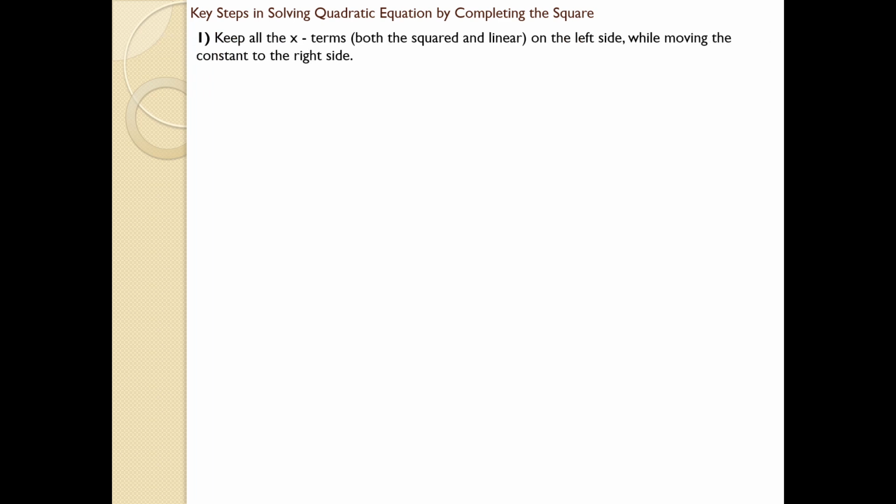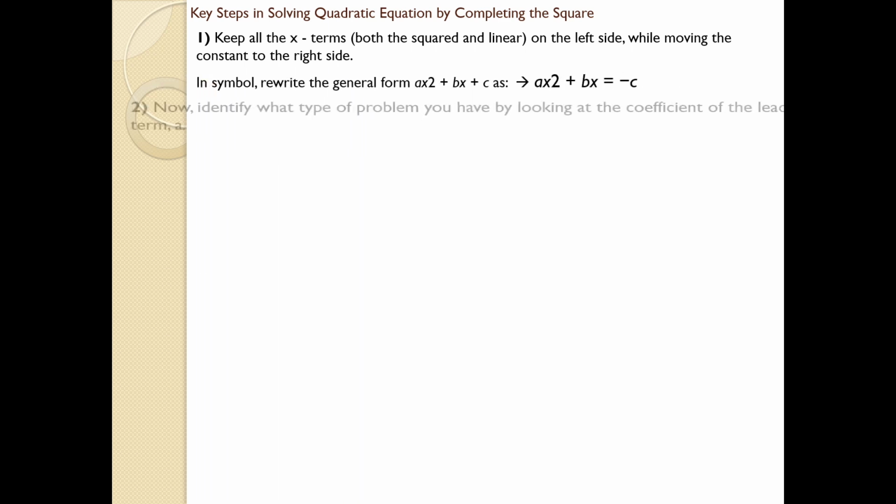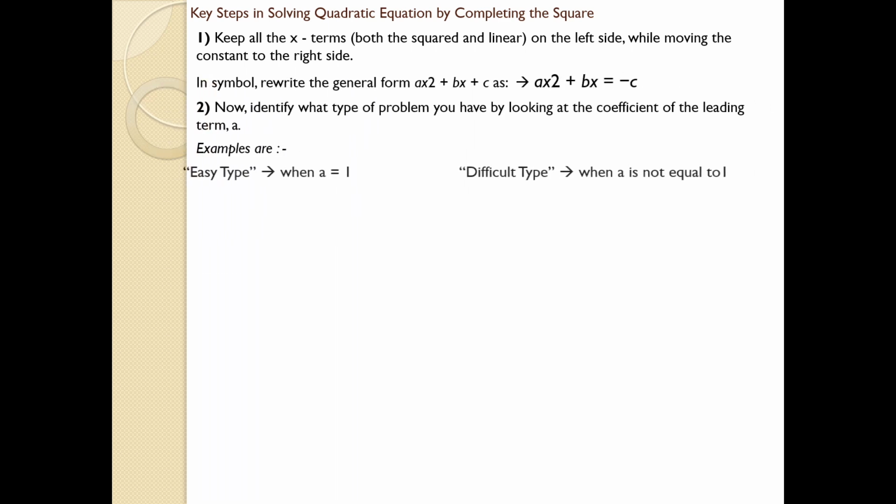So the next one is completing the square. It is actually quite difficult when compared to the first method and the third method. Anyway, let us go through the computation. There is a common pattern for solving all the types of questions, but still it is quite tricky when compared to the first and the third method. So these are the steps that have to be followed while dealing with a quadratic equation using completing the square.